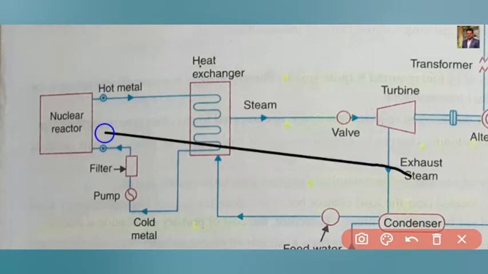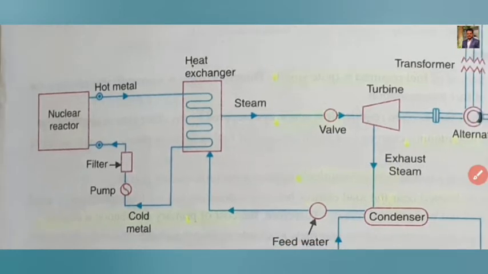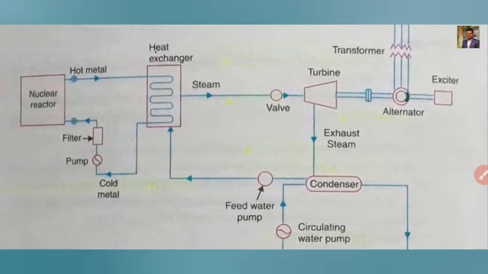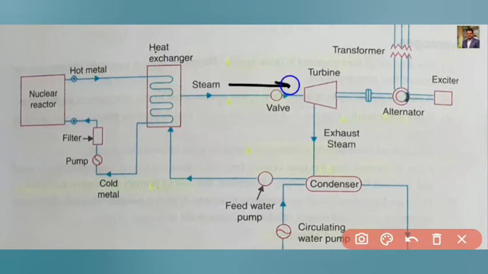So next we go through that. We have now produced steam, so the steam goes to the turbine. It will help to rotate the turbine. What is the work of the turbine? A turbine starts to rotate because it contains hot steam and also high pressure. Then we shall go to the turbine. When the turbine starts to rotate, it is a prime mover connected to the alternator.